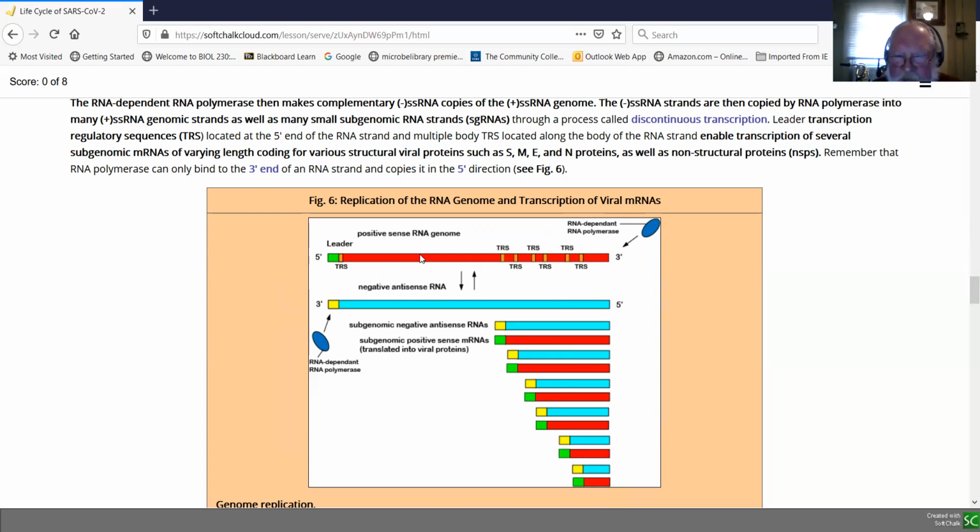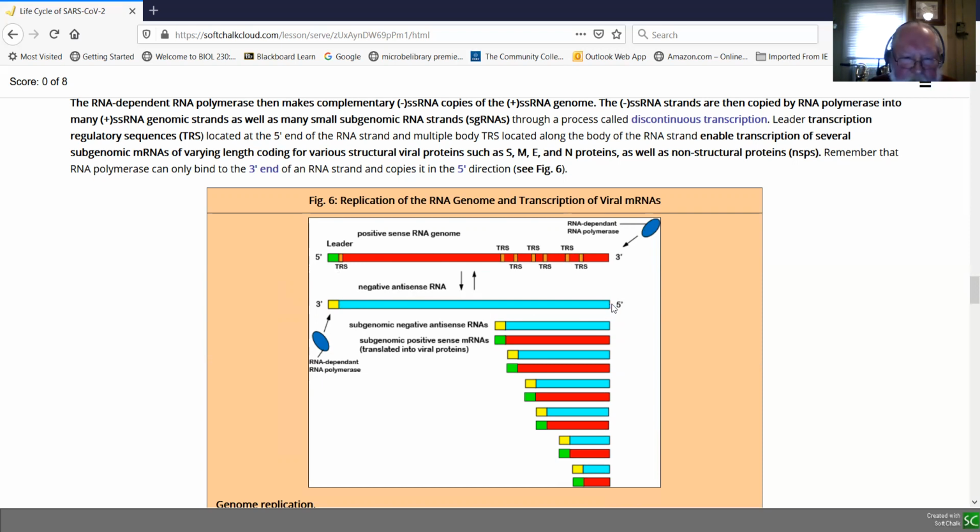So the way it does this, again, is that an RNA-dependent RNA polymerase binds to the 3' end of RNA. That's the end that has the terminal hydroxy or OH group sticking out. The other end, the 5' end, is one that has the phosphate sticking out, as we learned when we talked about DNA and RNA earlier in the semester. So to make copies of the genome, the RNA polymerase binds here at the 3' end, copies the entire genome into a complementary negative